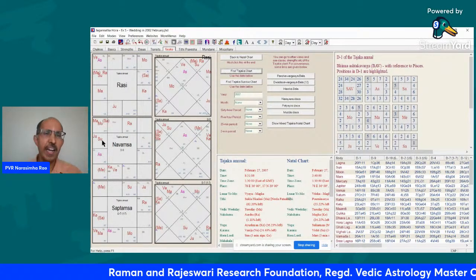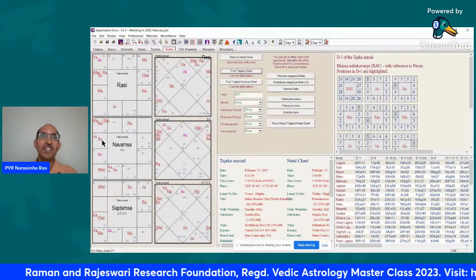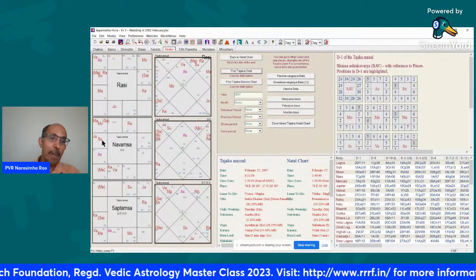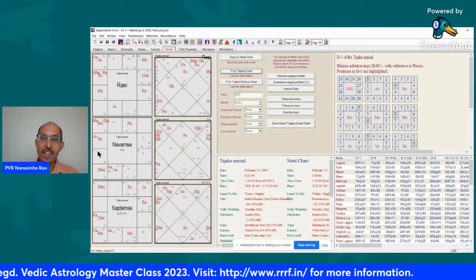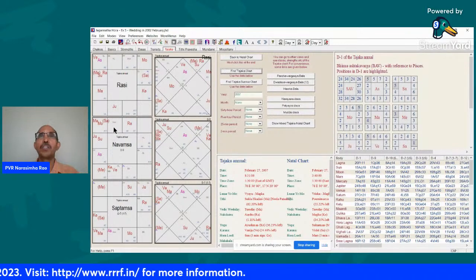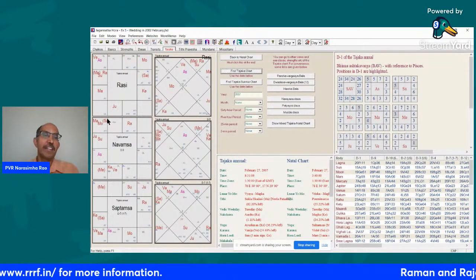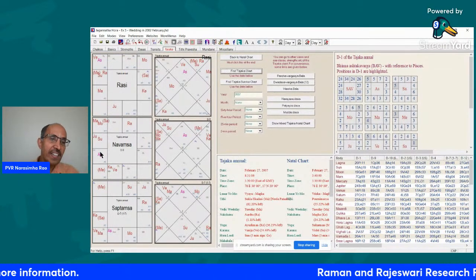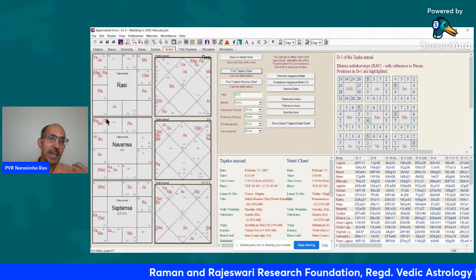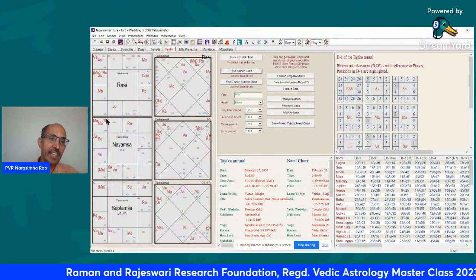So this is a very clear marka combination. But the thing is, the marriage survived. Perhaps because the Lagna Lord Saturn is pretty strong in the third house. For Saturn, particularly, third is a very good house. So Lagna Lord, though he's second Lord, he's also Lagna Lord. Lagna Lord in third basically shows vitality.